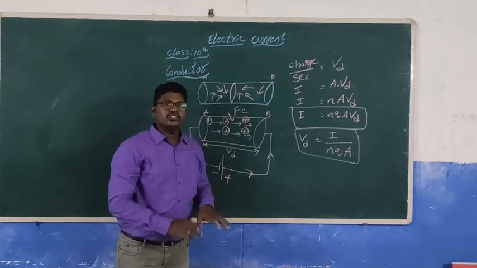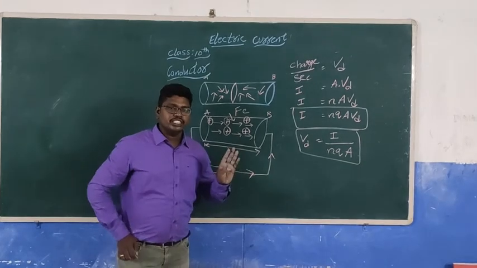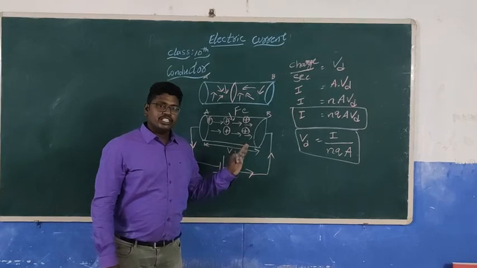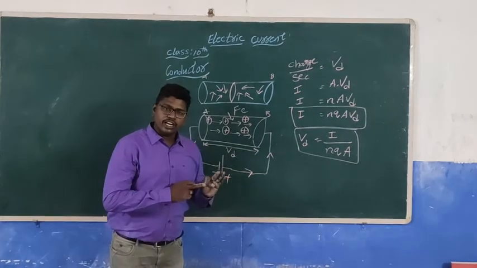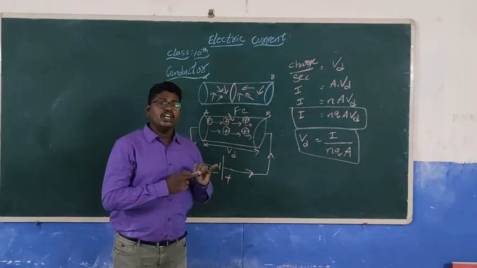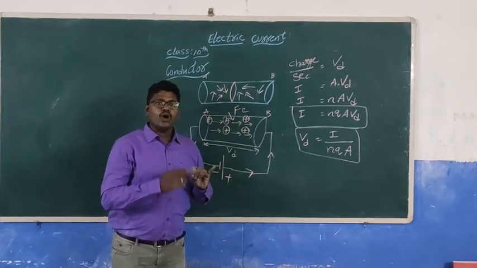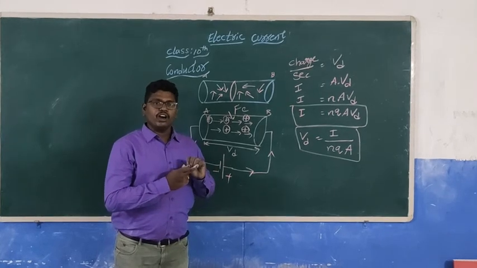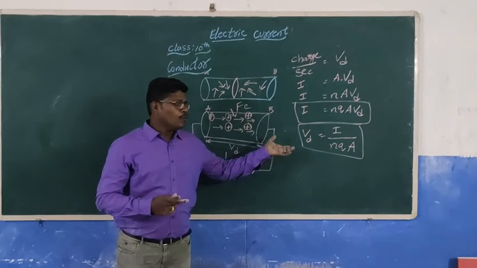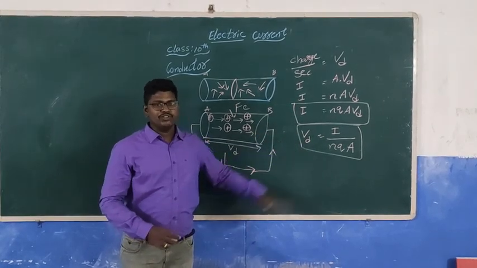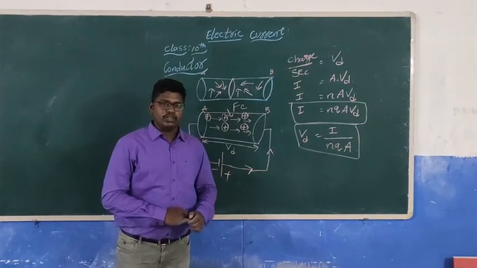So from this concept, what we understand is, first we discussed the introduction of electric current, and next we discussed what good conductors and bad conductors are. We discussed the conductor, how the charges move in a conductor and which type of charges are in motion, and what the equation of electric current is and what electric current is. This is what we discussed in this chapter, in this topic.